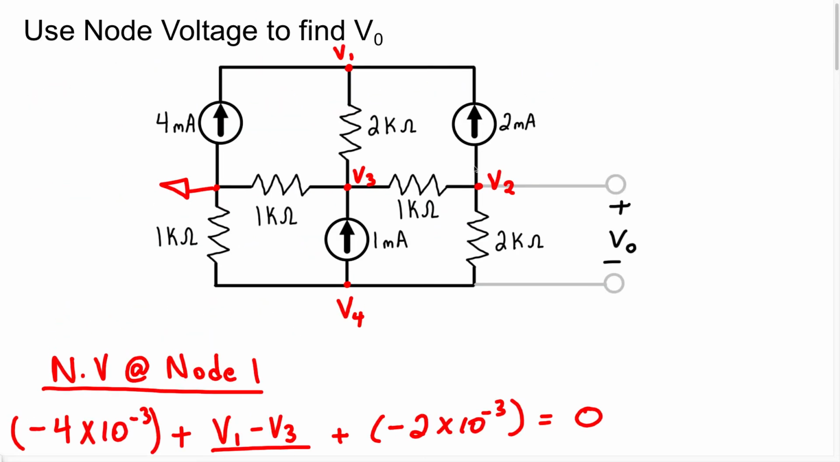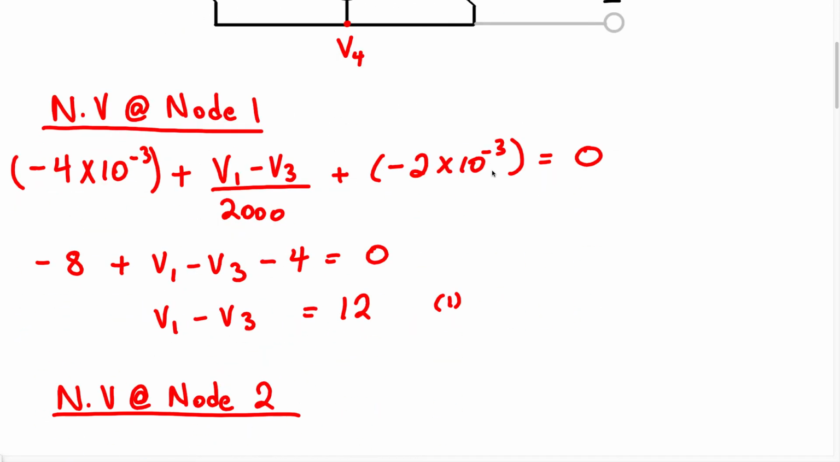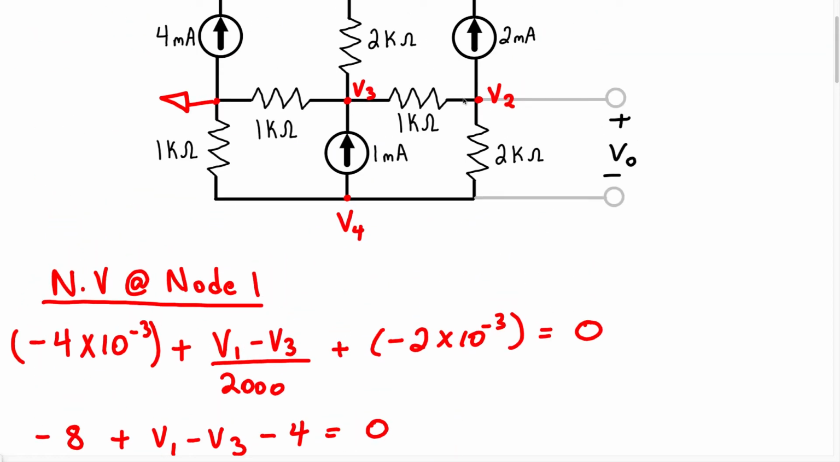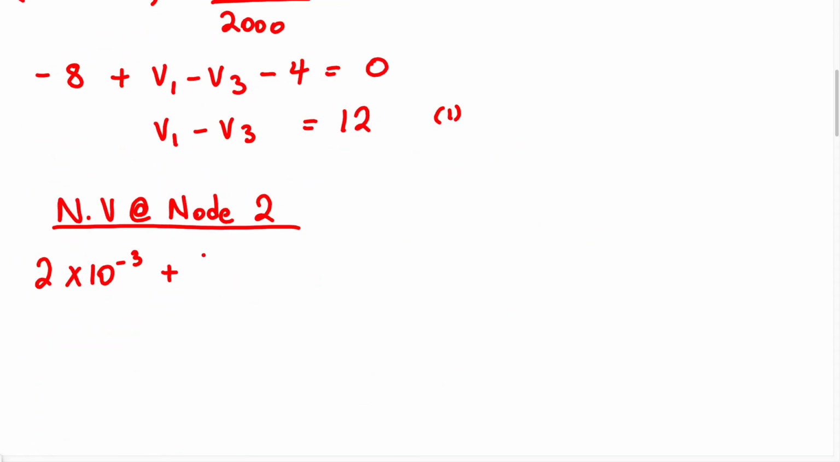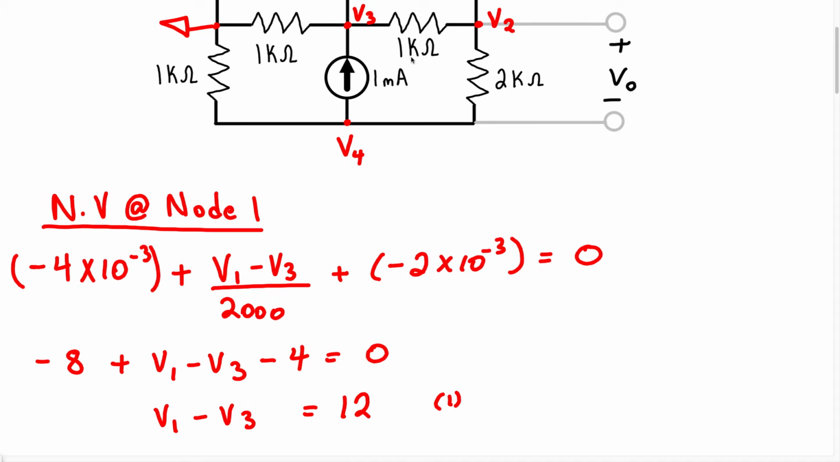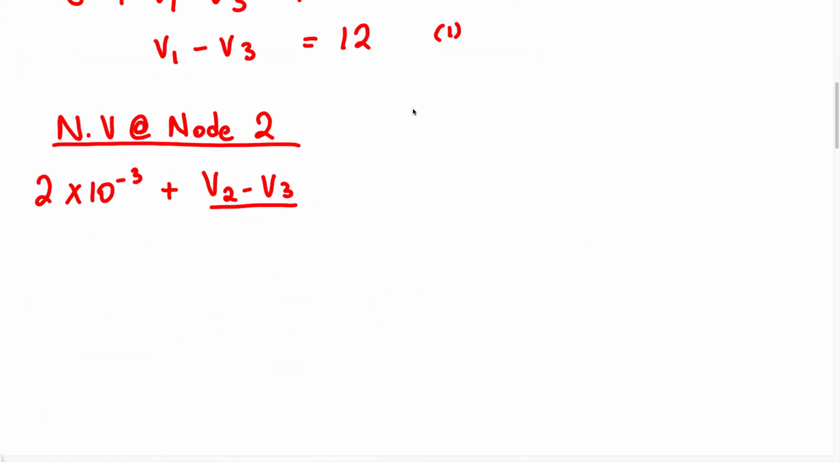We're going to have the current leaving this node, which is what we want. So we're going to treat it as positive, right? So we have 2 milliamps plus, we want to assume the current is leaving this node going in this direction. So we're going to have V2 minus V3 over the resistance, which is 1000, right? So we have 1000